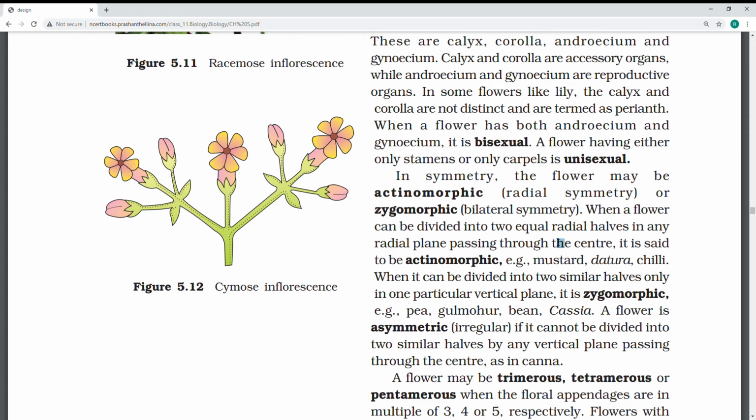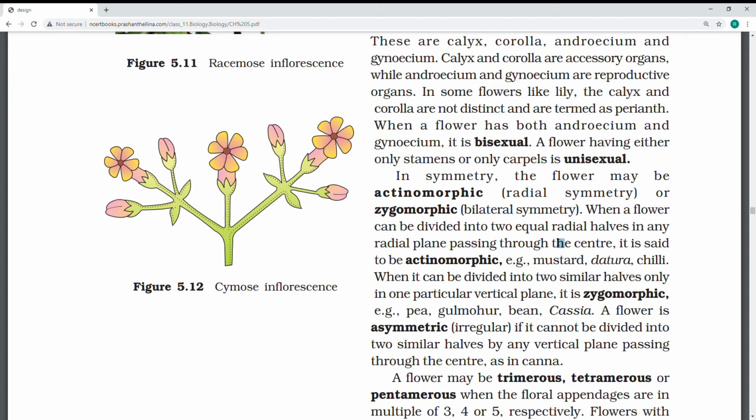From the board exam point of view, the flower is most important. For the flower description, I am going to tell you now. The reproductive organ of a flowering plant is a flower. That is the reproductive part, which after pollination and fertilization turns into fruit, with the ovary and ovule developing. It varies from plant to plant, from tree to tree.